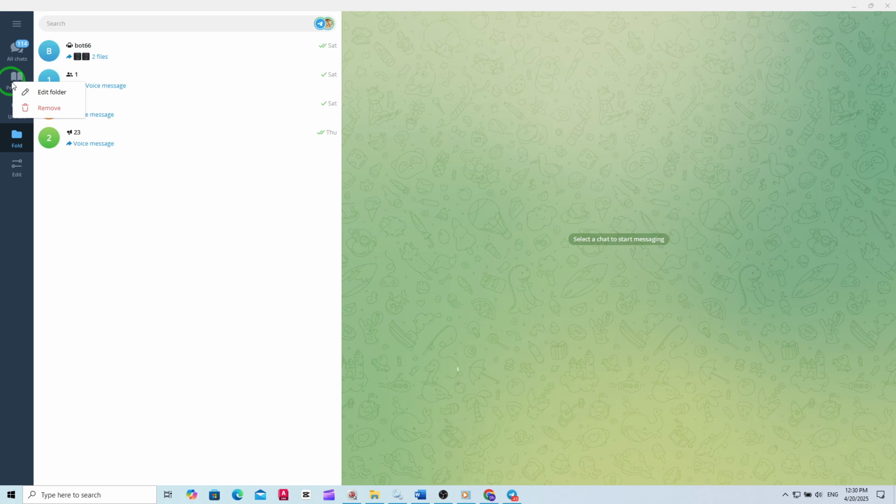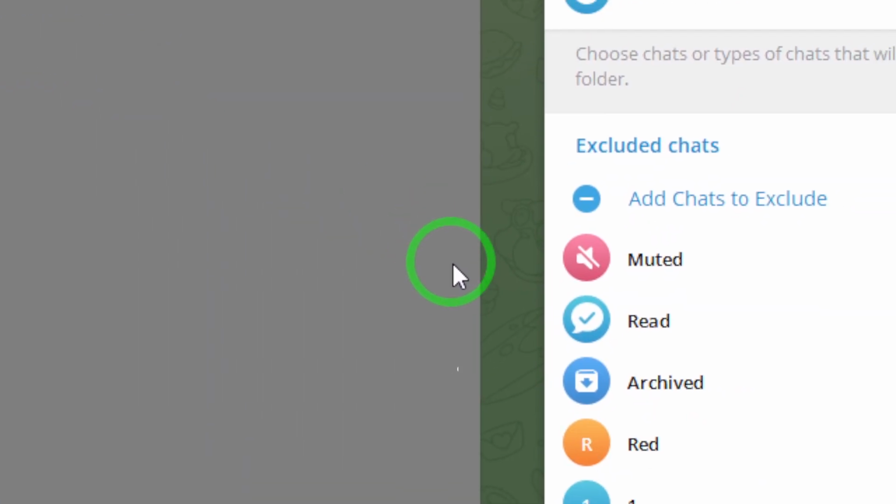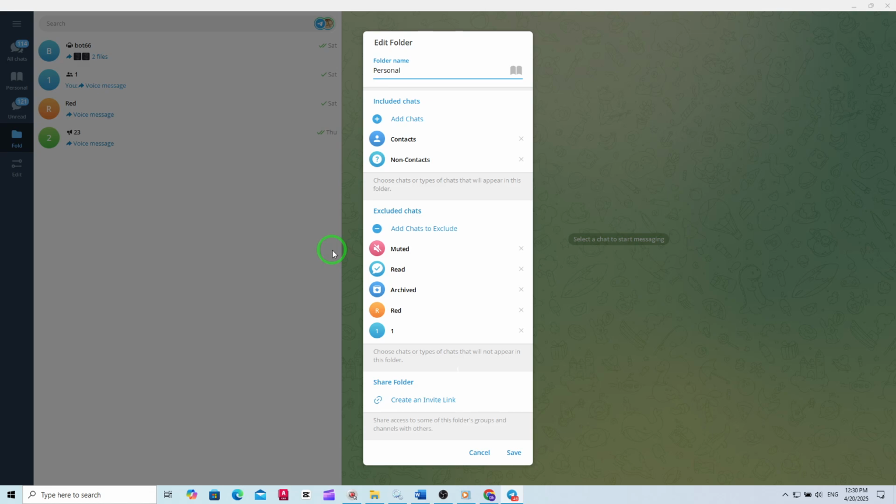Right-click on that folder's name. This will open a small menu with several options. From the menu, select Edit Folder. This will bring up the folder settings window where you can customize which chats are included or excluded from this